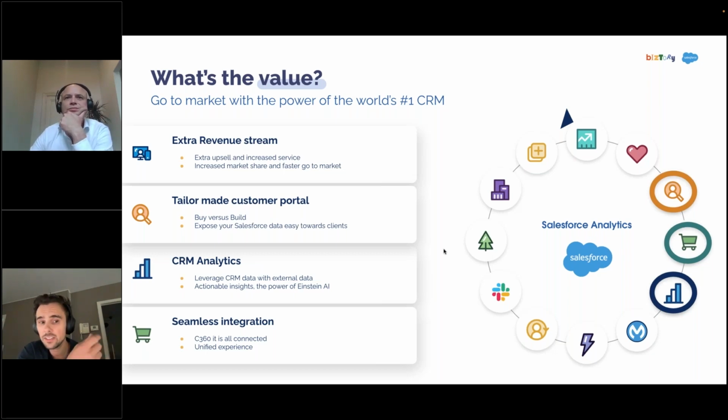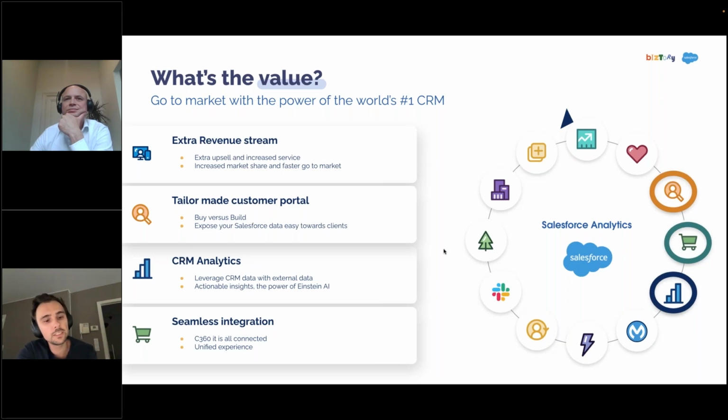We get, again, extra information from the portal. What has Hans been doing in the portal? Is he interested in certain things? And we can, of course, target him with certain marketing campaigns. For example, the coupon is a good example because it shows he's loyal, he likes it, he will have a good feeling, and he will buy more and always think about our brands.